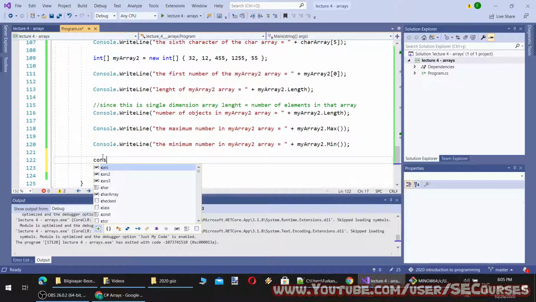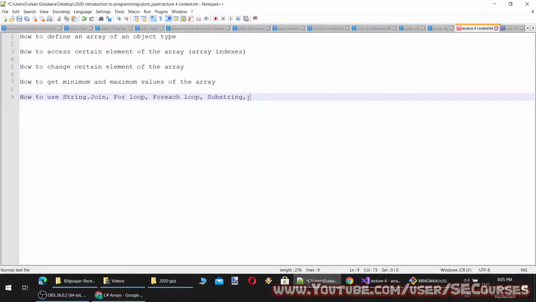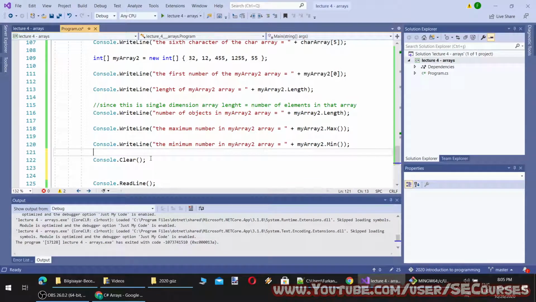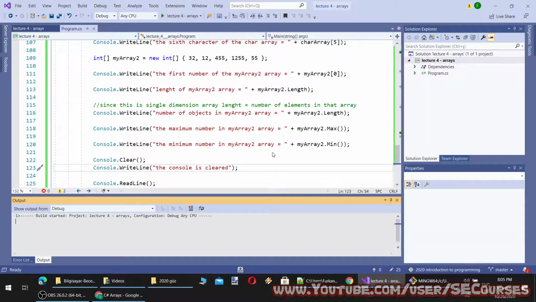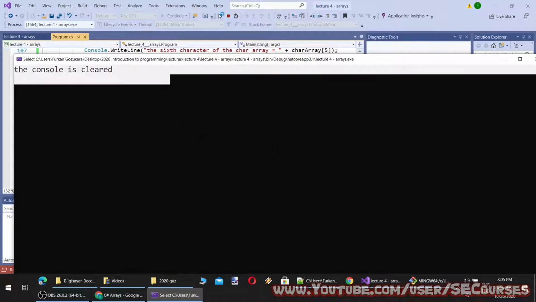I'm going to clear the console here. When this command is run, it will clear the entire console. And I'm going to write a notice message here. Let's run the application. You see the console is cleared.